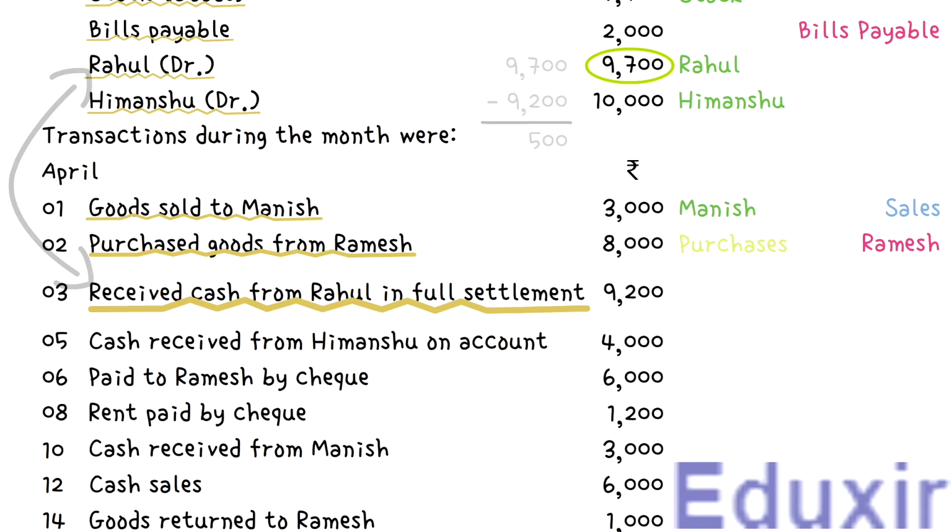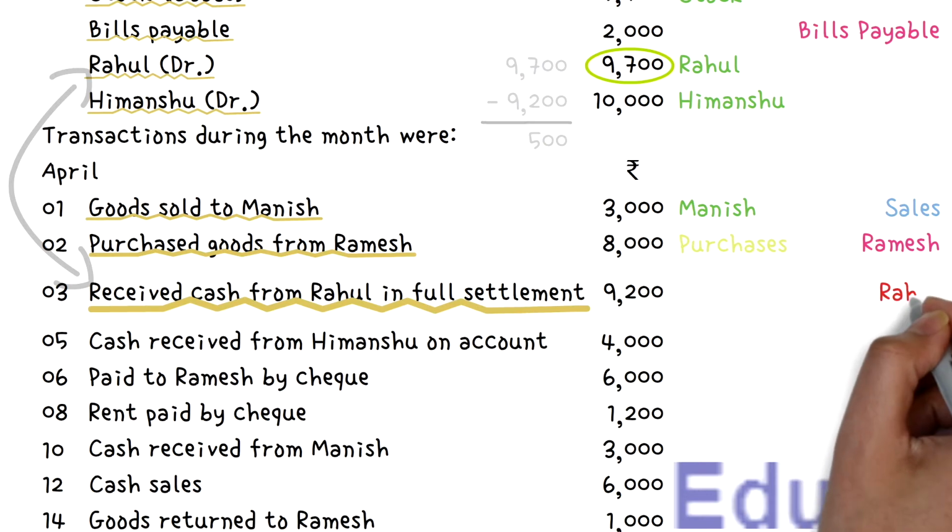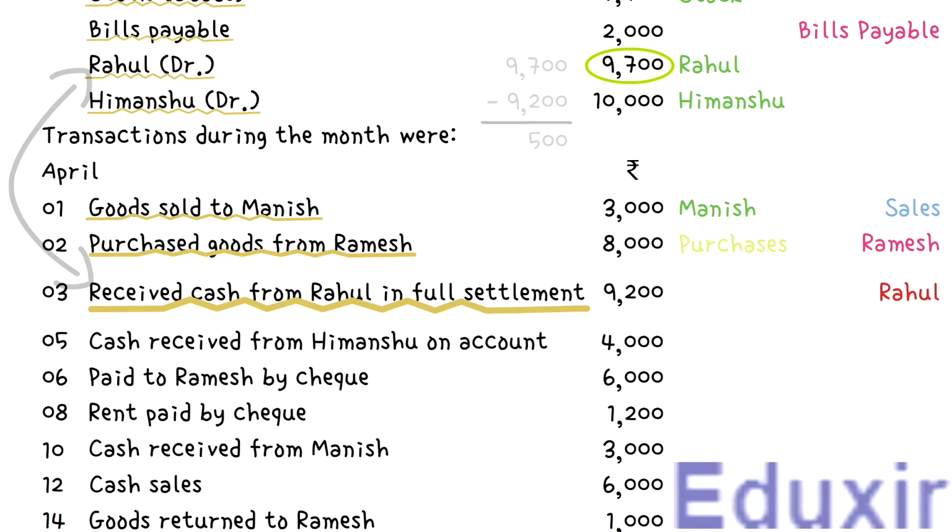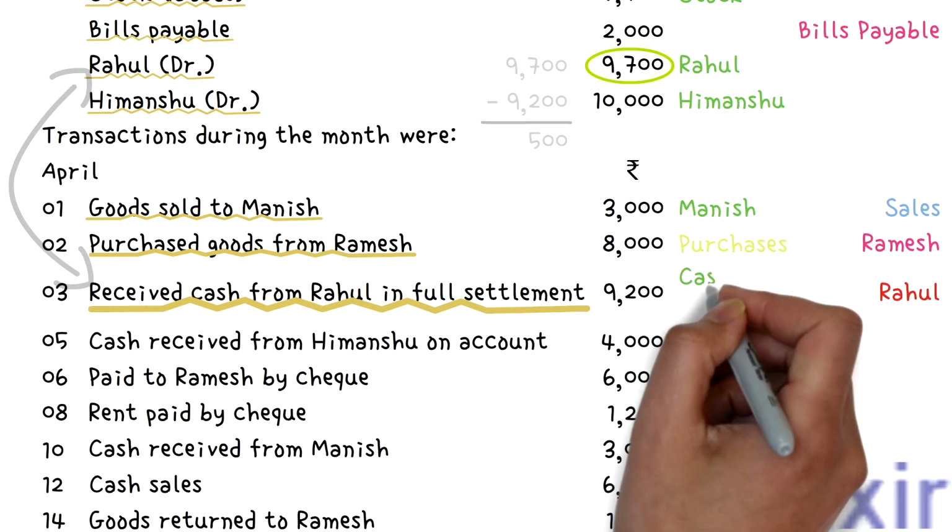In other words, the debtor asset of the business will be decreasing. The rule to record any decrease in the asset is to credit the corresponding assets account. In this case, the debtor Rahul account should be credited. At the same time, as the debtor Rahul is paying to the business in cash, the cash asset available with the business will be increasing. The rule to record any increase in the asset is to debit the corresponding assets account. In this case, the cash account should be debited.